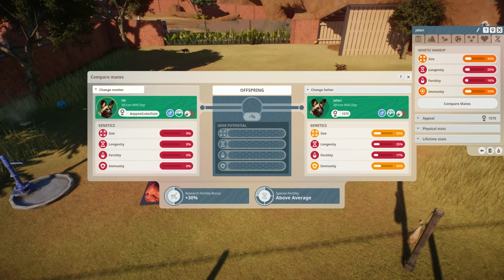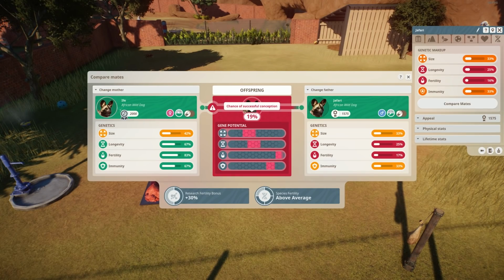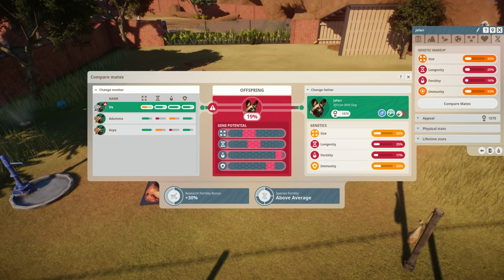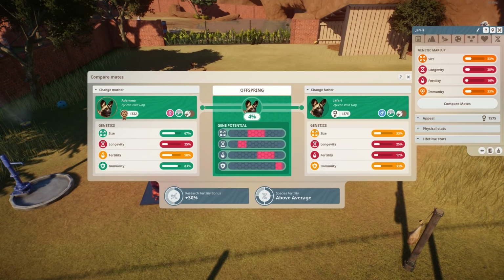And you can click into them to change them to see what the chances are. There's a 19% chance of conception here. Apparently, they recently had a go at it and it failed, so for a while they're not able to do it. Then we've got a 4% chance with this other one and a 0% chance, and then it shows you what their offspring is likely to be, their size potential, their longevity, their fertility beyond themselves, and